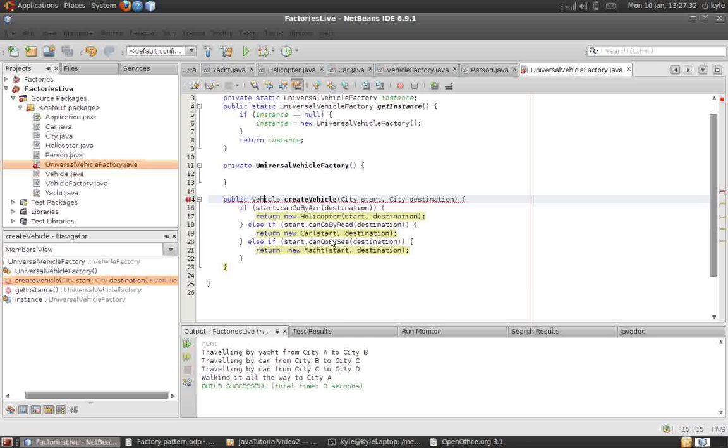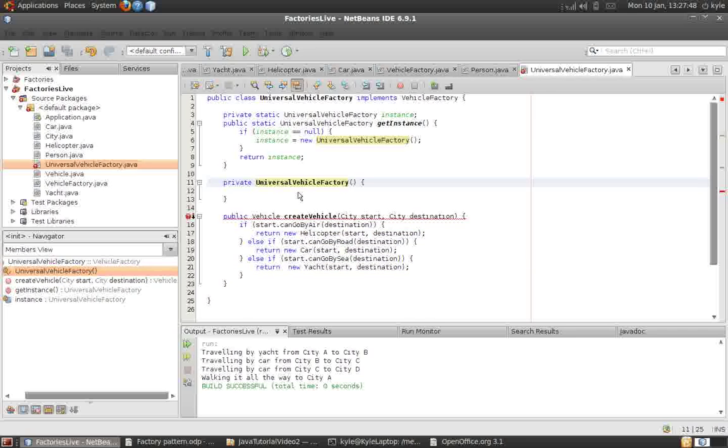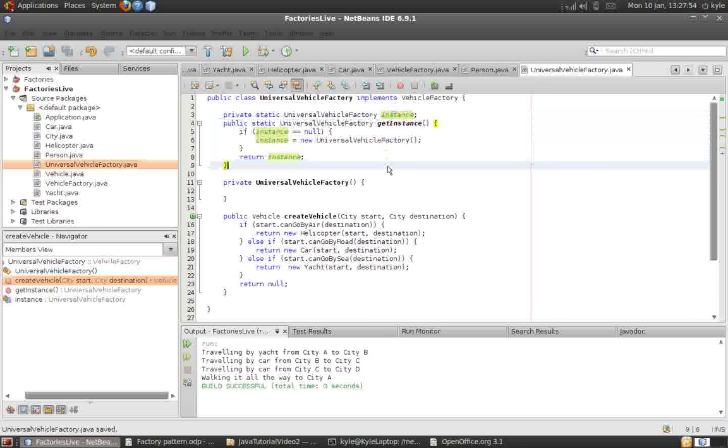As I said, the problem is creating a good vehicle. Now, for example, someone who is afraid of air will certainly not solve that problem by taking a helicopter. If he's afraid of airplanes, he will certainly not solve that problem by taking a helicopter. And the singleton pattern here ensures that there is only one instance of universal vehicle factory that everyone can access here